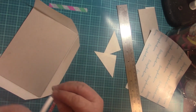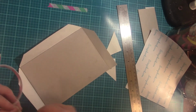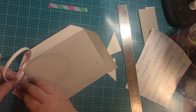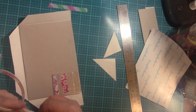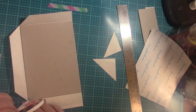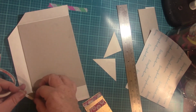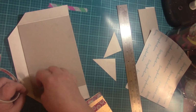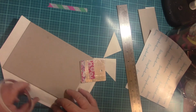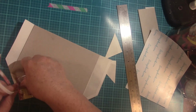Now what I like to do is add some tape. If I can find the end. And I'm going to go all the way around this with my tape. Come up to here. Put that piece down there. That's going to cover too much of that, so pull it off. Do the same on this side. Stick that down there. Take that off. I'm going to go all the way around here with my tape